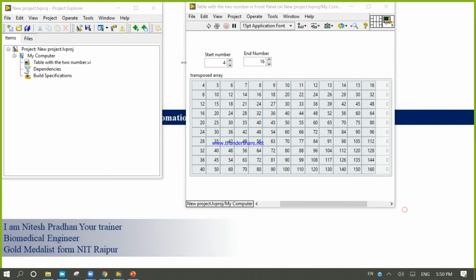Now click the save button again. If you are done, then right click on Build Specifications.